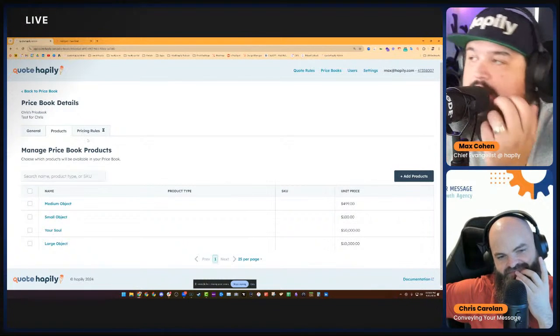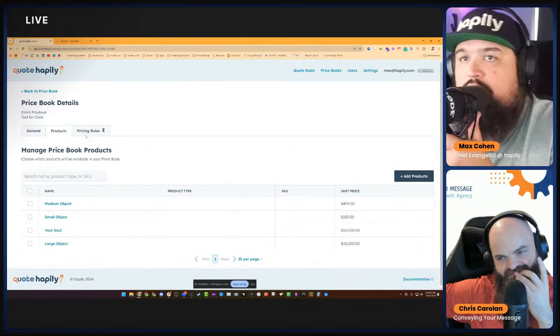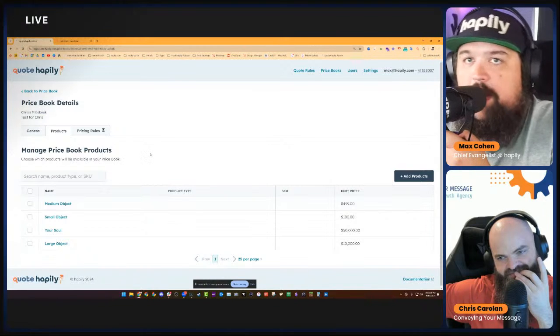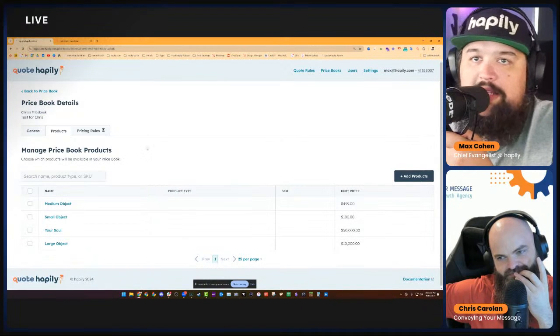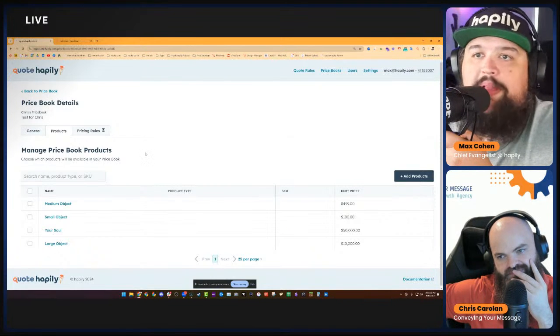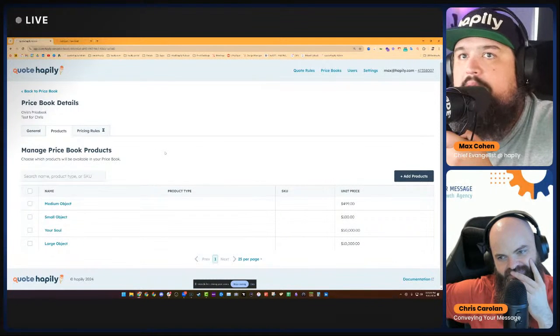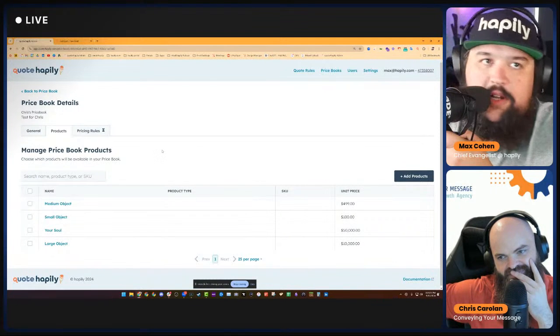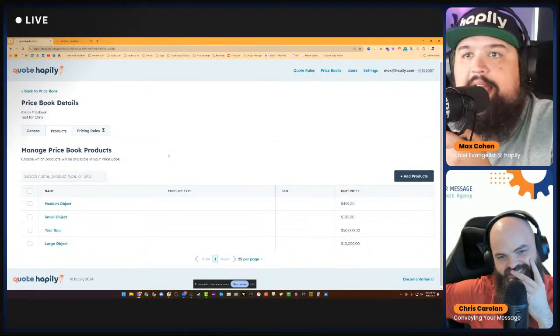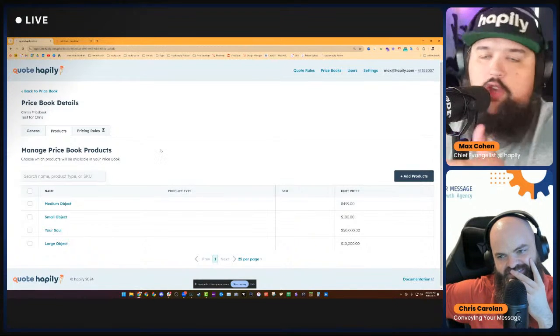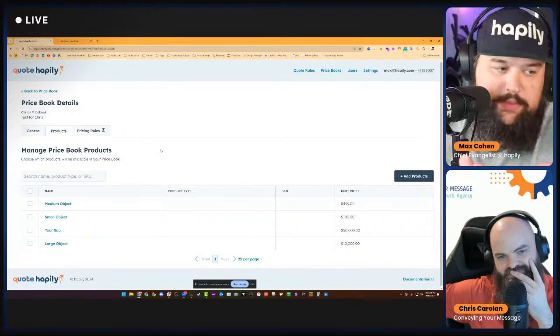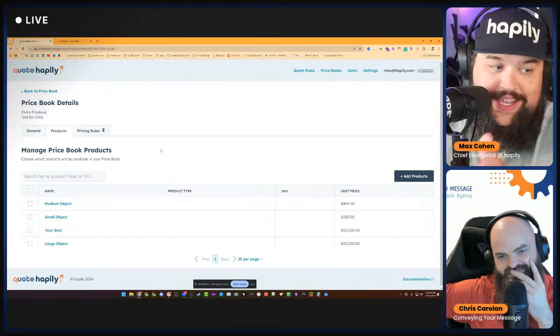So if product SKU equals a specific number, set the price to something different. Or if product name is known, apply a 5% discount. Or if product category property is 1, 2, 3, and this option in ABC, then apply a 2.6% discount. You'll be able to set those rules dynamically across the product library and whatever products are inside that price book.